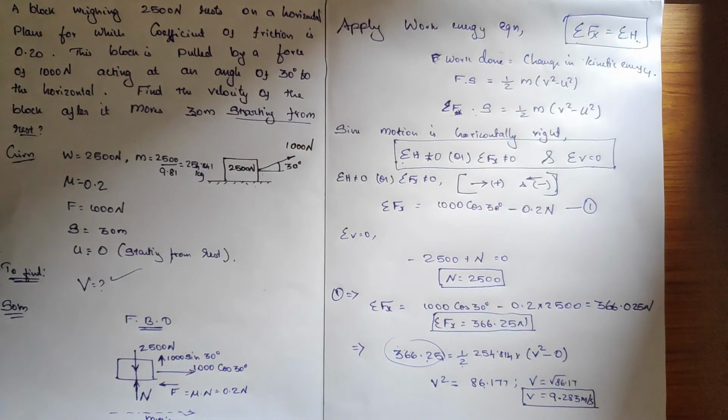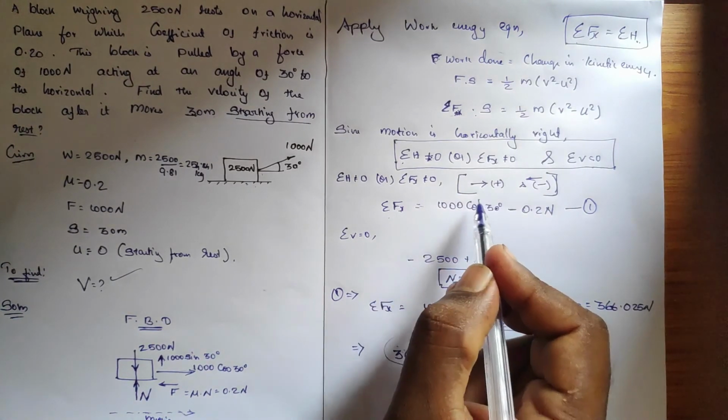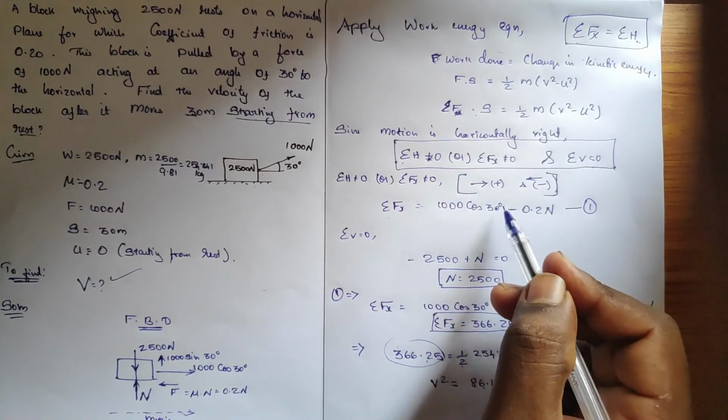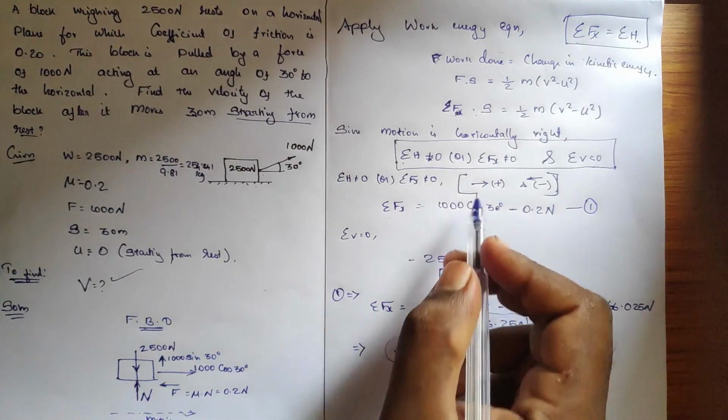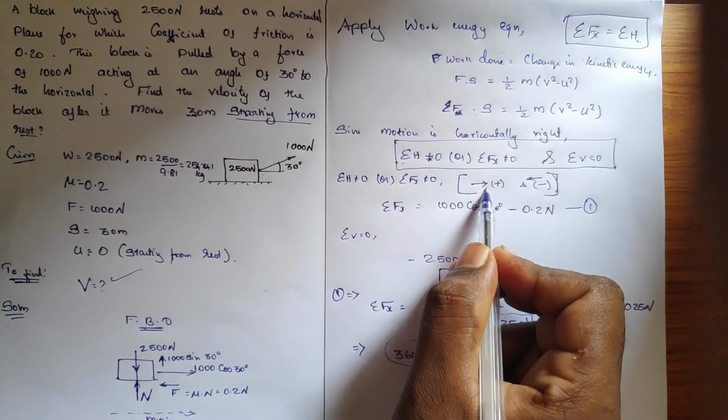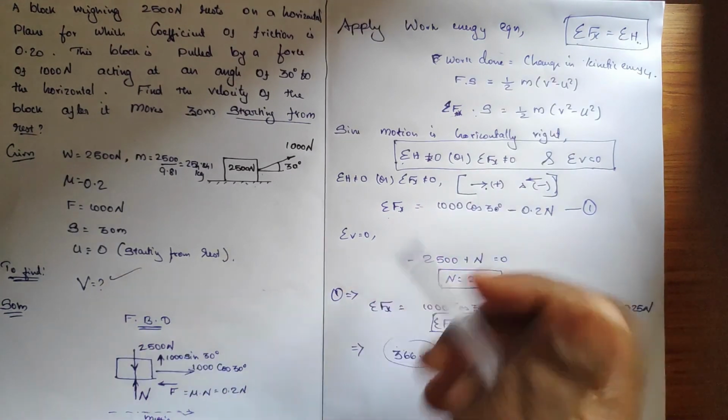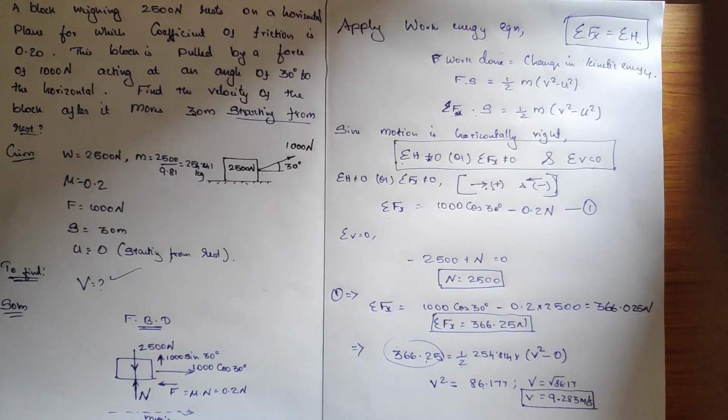So we have taken horizontal force is not equal to 0 since there is a motion, and vertical force is equal to 0. But in terms of Fx we have denoted it. That's a change here. And when you are specifying the sign, you need to be clear. If the motion is right side, you need to take the right side force as positive, and left side force will be negative. If the motion is towards left, then the left side force should be positive and the right side force should be negative. Okay, fine.